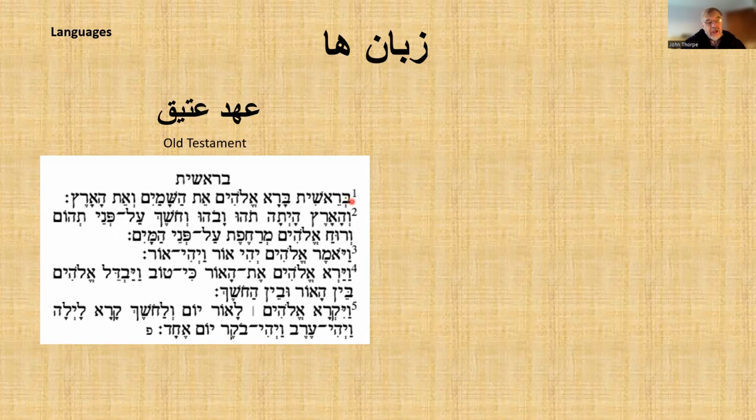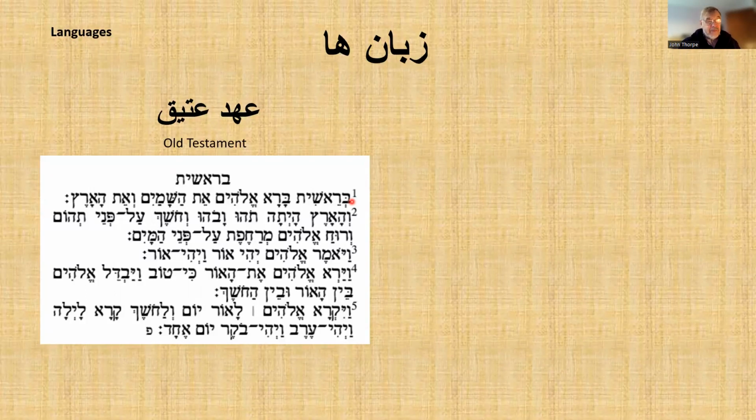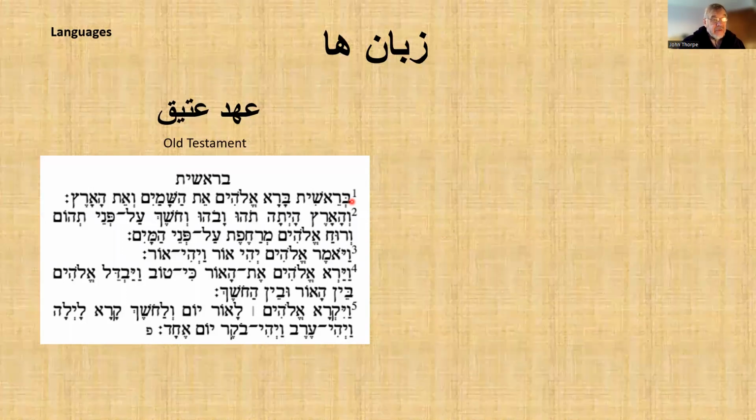So, but there is no word where there's no way it could be a v. It has to be a b. So the dot doesn't really matter, except for people like me that are not very competent at reading Hebrew, not very good at reading Hebrew. I can still pronounce it correctly.